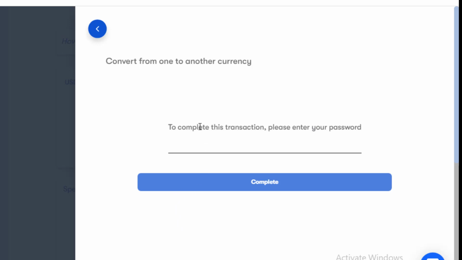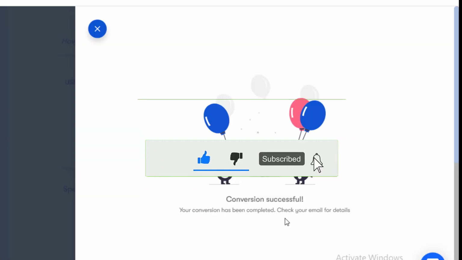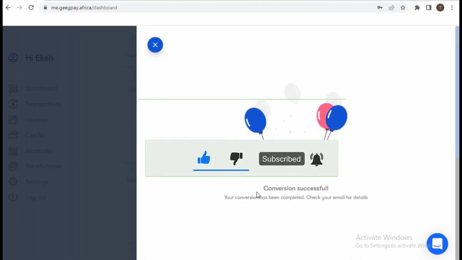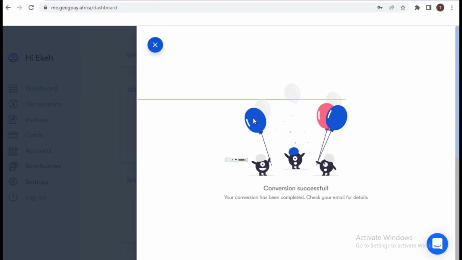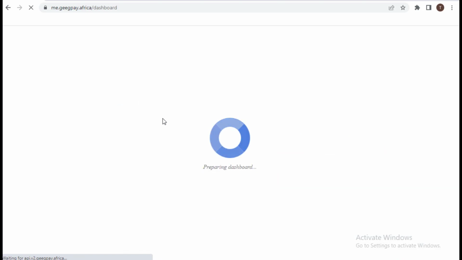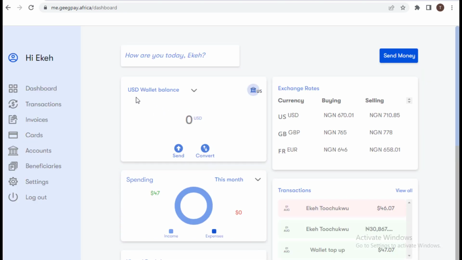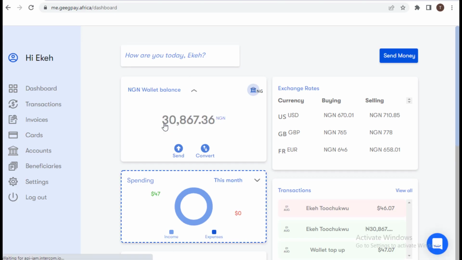As you can see, it says to complete this transaction, please enter your pin. I'll go ahead and enter my pin. So as you can see, it was successful. They say conversion successful. Your conversion has been completed. Check your email for details. They will send me an email for that, but I'm not interested in whatever email they are sending, because everything will be reflected on my dashboard. So let me reload and let's see the conversion. As you can see, my USD wallet is now 0. But if I go to my naira wallet, you are going to see that I have